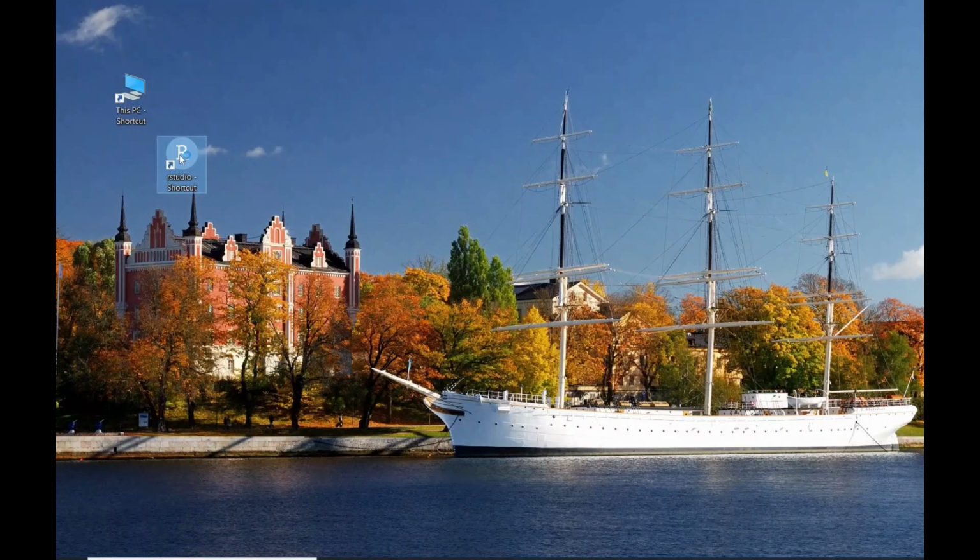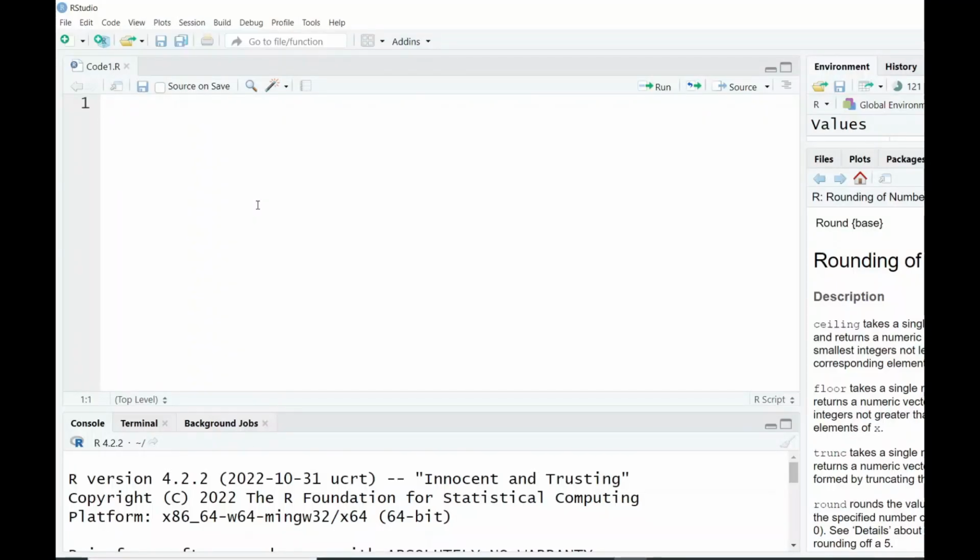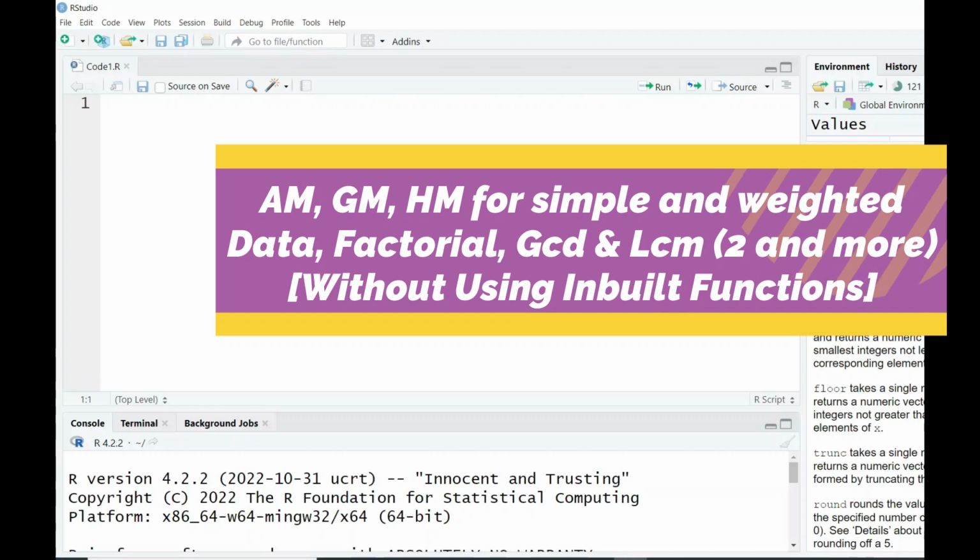Let's start our studio, and here I will discuss various means, factorial and GCD LCM programming. Here we will discuss three different types of means. First one is arithmetic mean or AM, second one is geometric mean or GM, and third one is harmonic mean or HM. Suppose we have data x1, x2 up to xn of length n, then arithmetic mean is defined